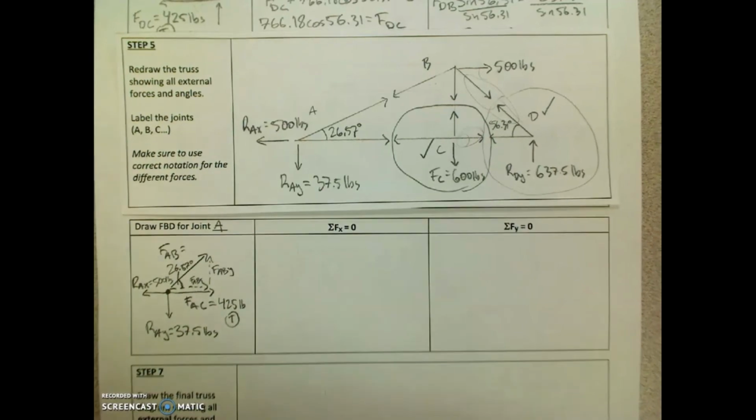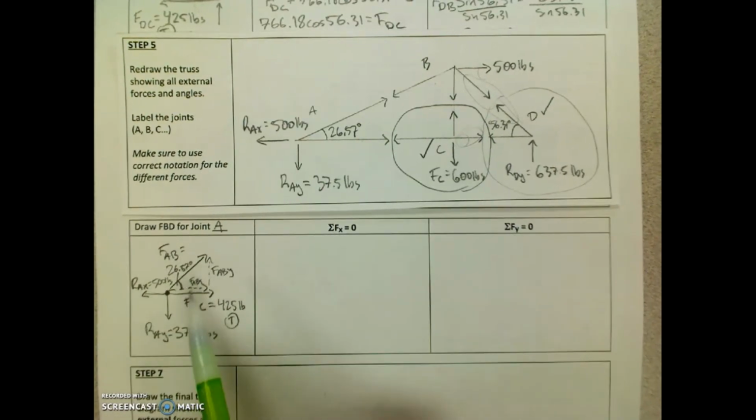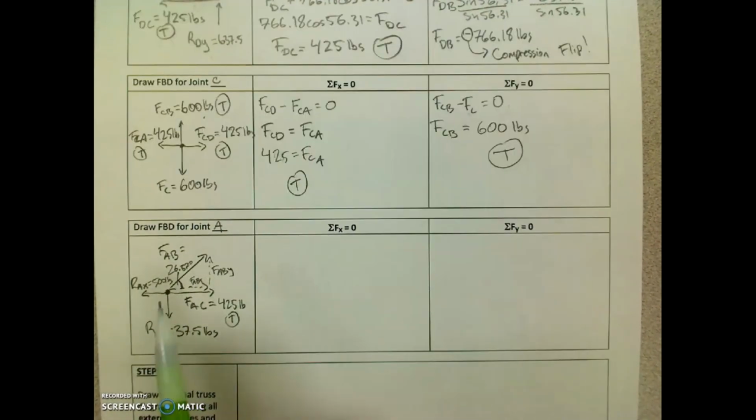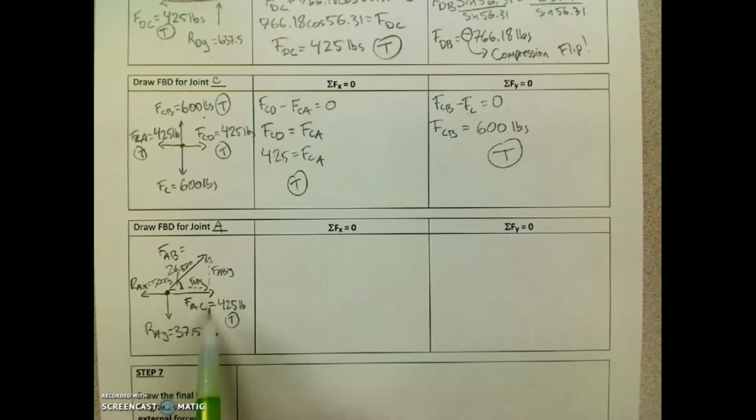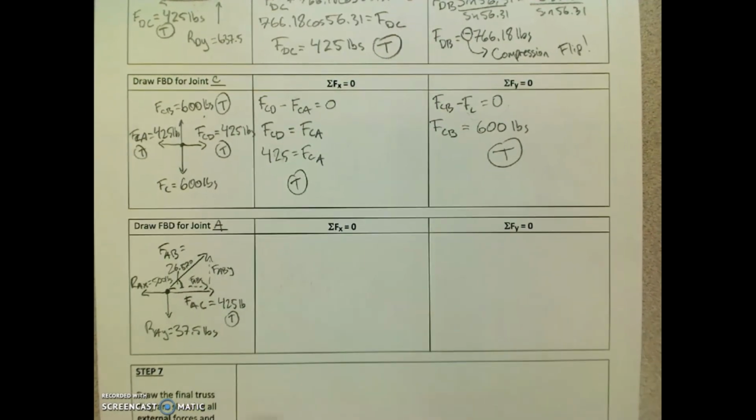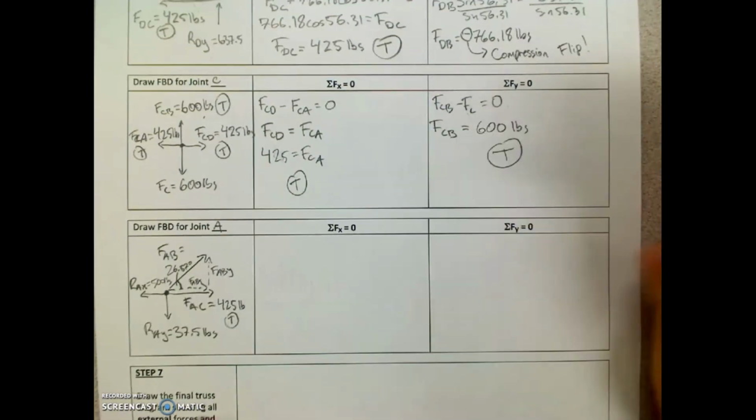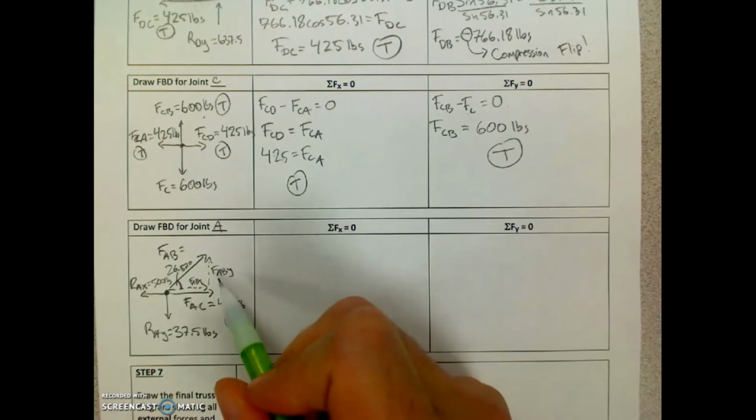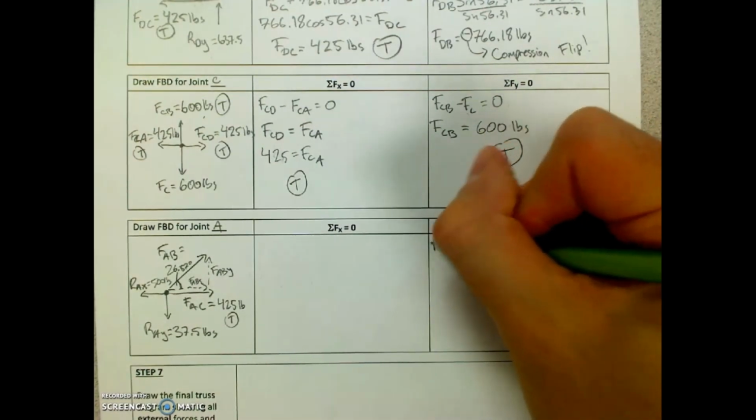So let's check it out. We need to figure out FAB somehow. So we need to find either FABX or FABY. Here's what I'm feeling. We've got 1, 2, 3 X forces and 1, 2 Y. Let's just save us a little bit of a headache and jump to the Y because we have less forces to deal with. So FABY